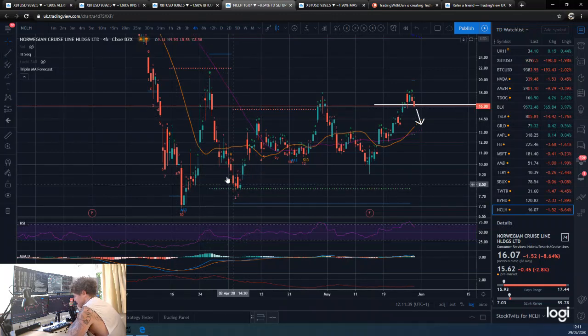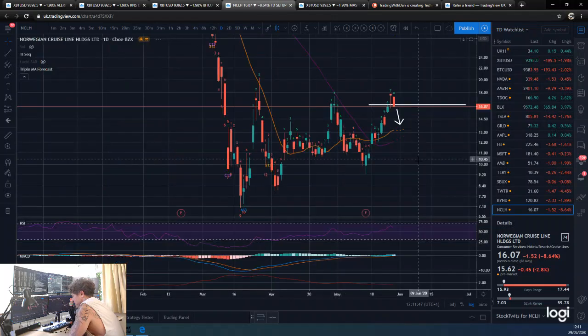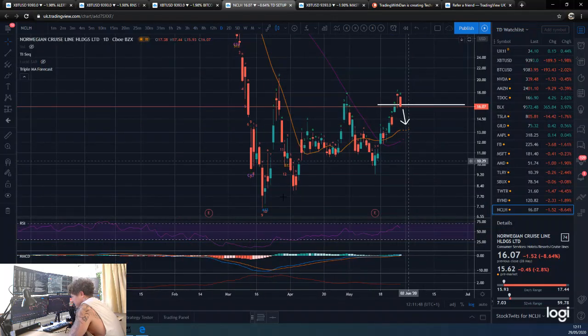That would have been off the 9, and then the 9 here again, fantastic buy. As soon as you break back above it, buy. Some great 4-hour 9s here. This is why I like the 4-hour rather than the daily. I bet if we look at the daily, we haven't got too much to look at.